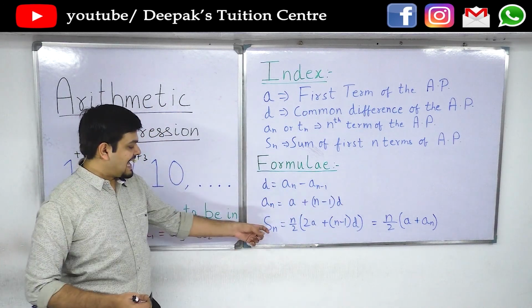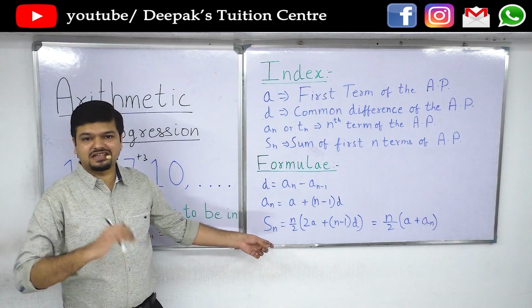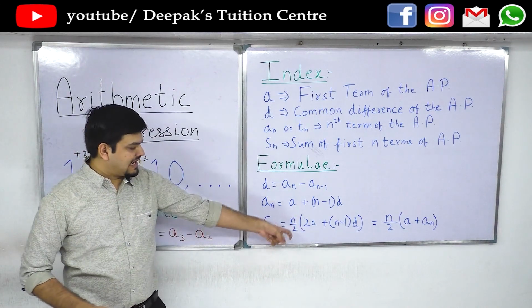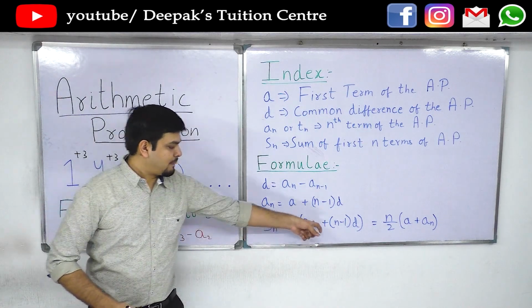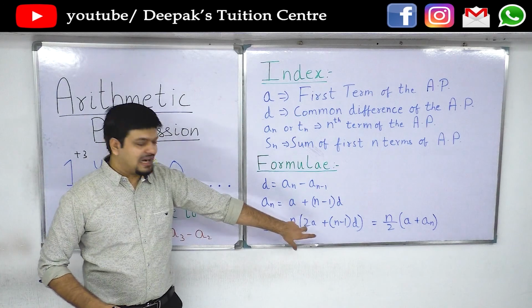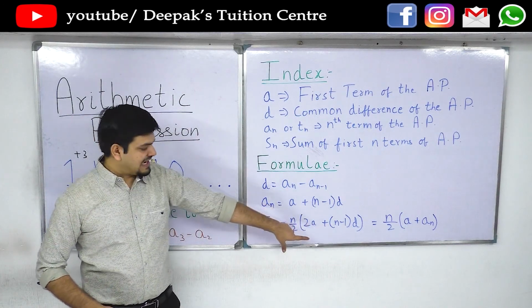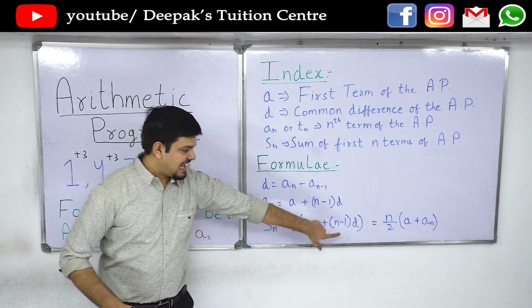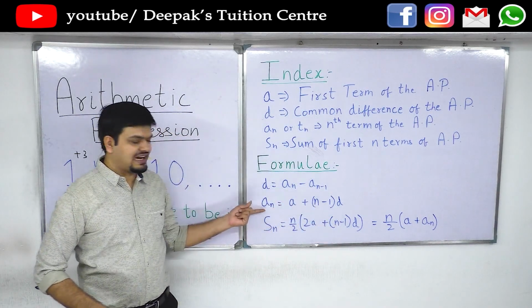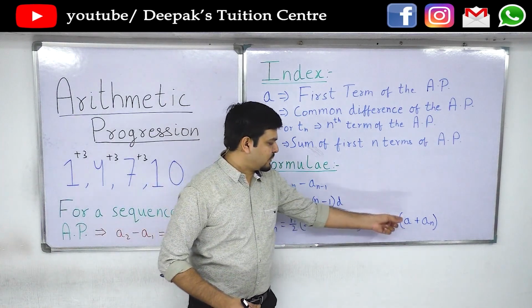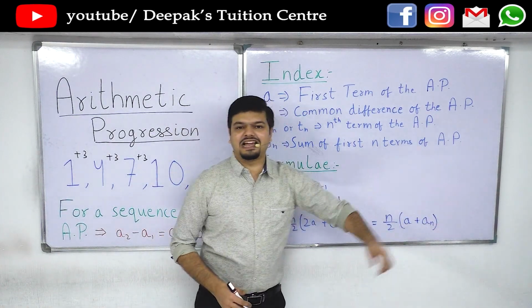Sn, that is the sum of n terms. If you have to find S50, you can find it using the formula n by 2 brackets 2a plus n minus 1 d. If you see, you can split the 2a into a plus a, then it becomes a plus (a plus n minus 1 d). A plus n minus 1 d can be written as an. So I can shorten the formula to n by 2 into a plus an.